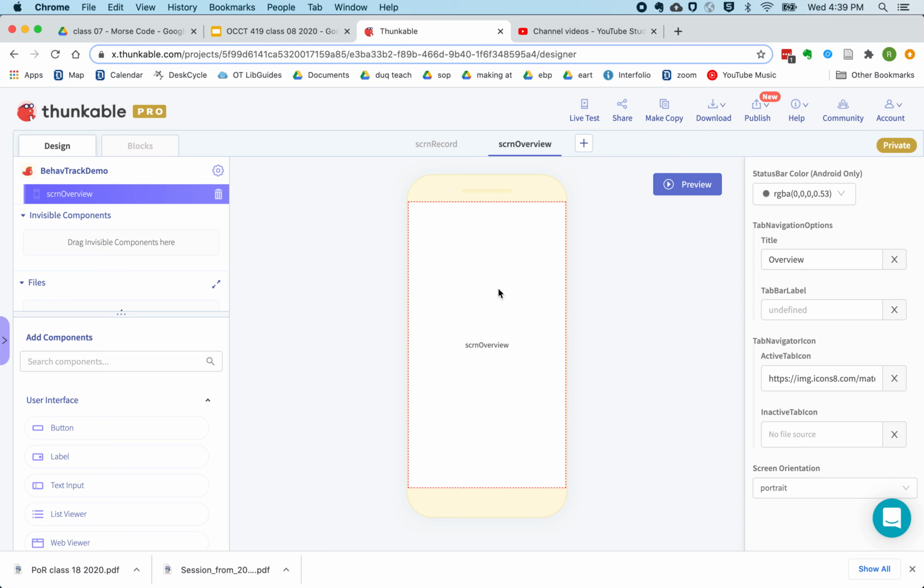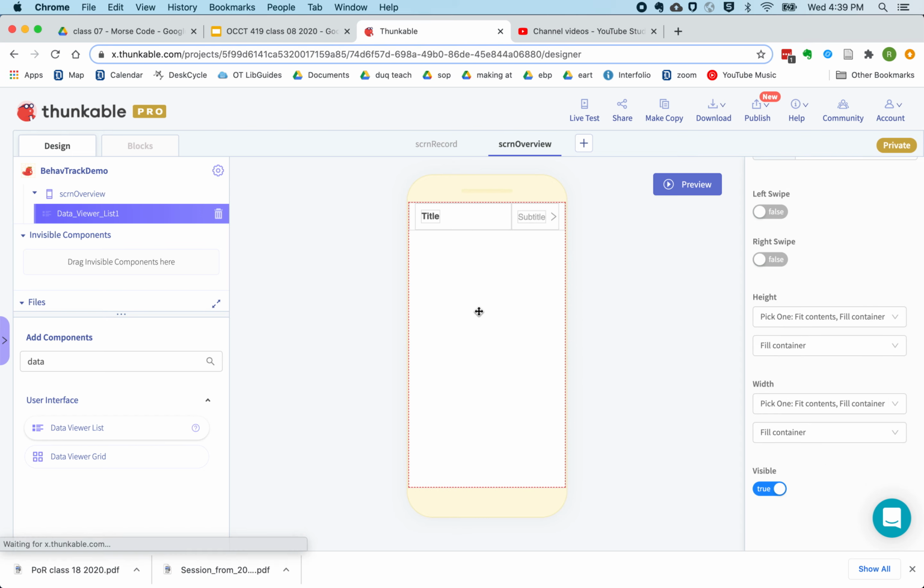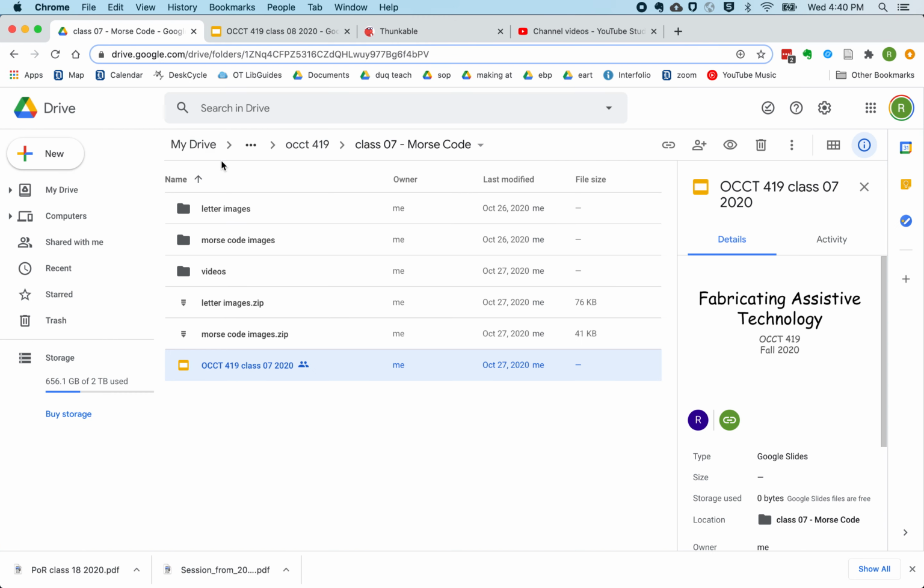Now here on my second screen, I'm going to drag in a data viewer list, and the reason we're doing the second screen first is I need to set up the Google spreadsheet and the connection before we do the record screen. So now let me go to